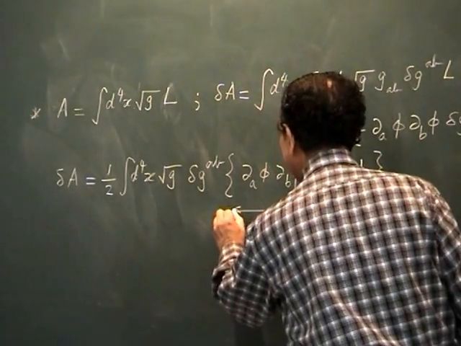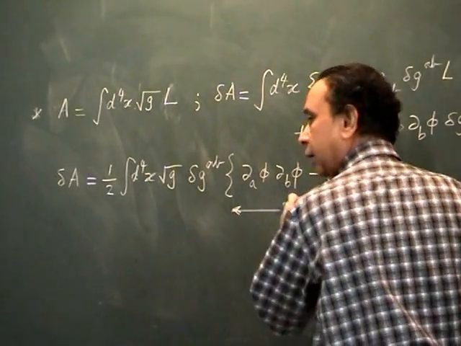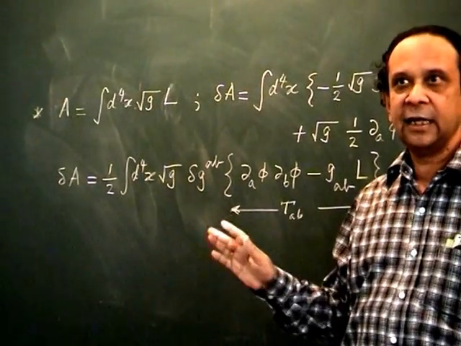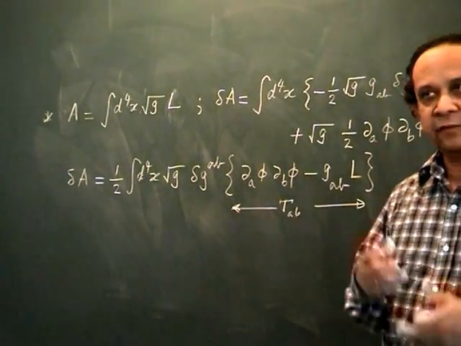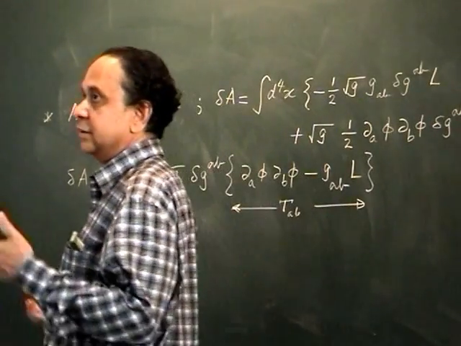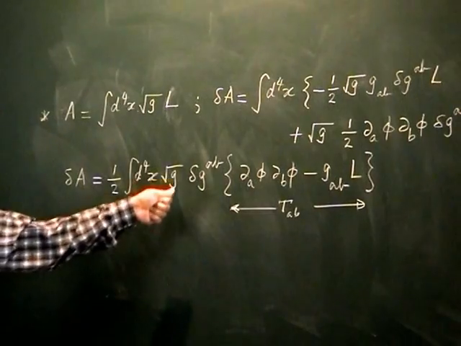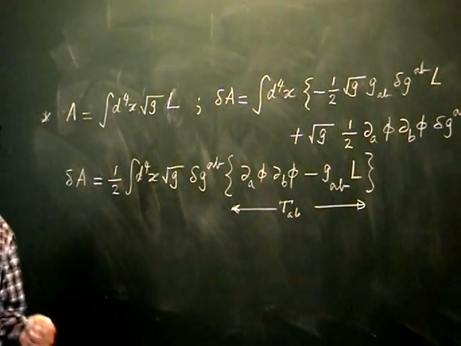It's a little bit of an overkill for a real scalar field, but we will find that the moment we come to electromagnetism, as simple as electromagnetism, this is the fastest route to get T_AB. Otherwise, you will end up getting an expression which is not symmetric, and you have to go around symmetrizing. So this way, you know what is the correct symmetric energy momentum tensor, and the canonical approach will give you